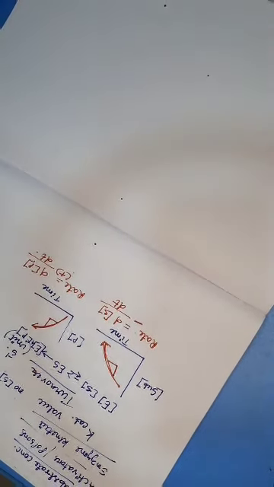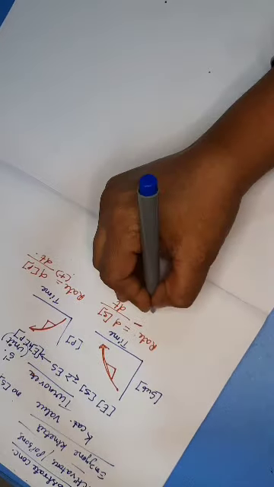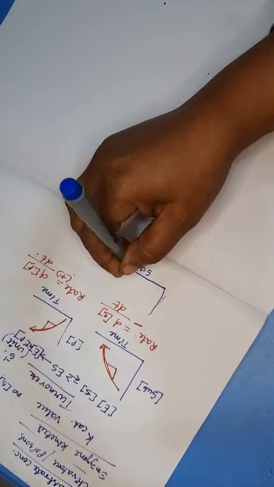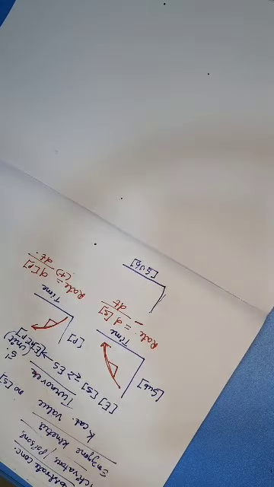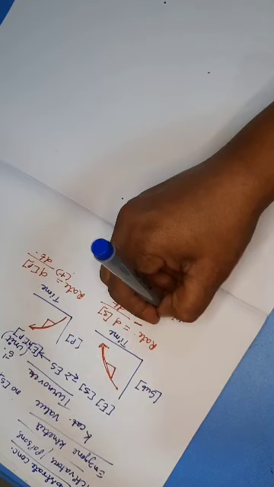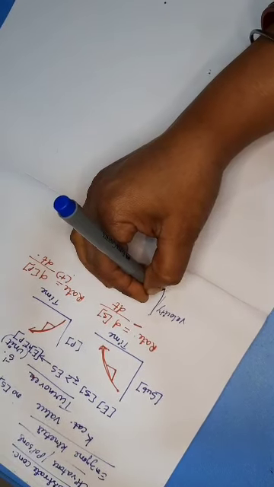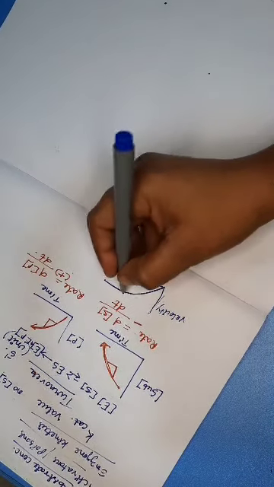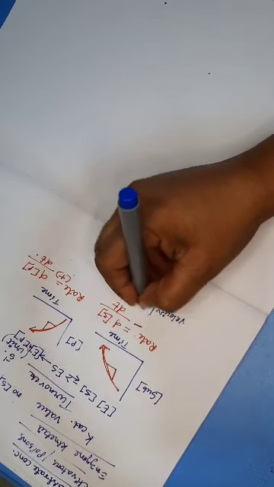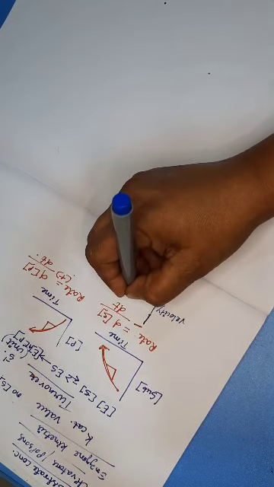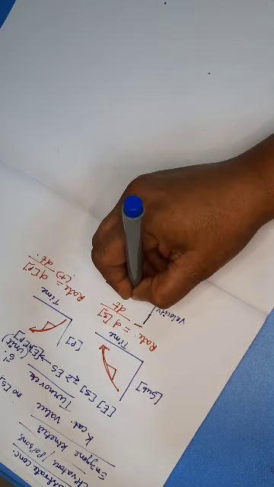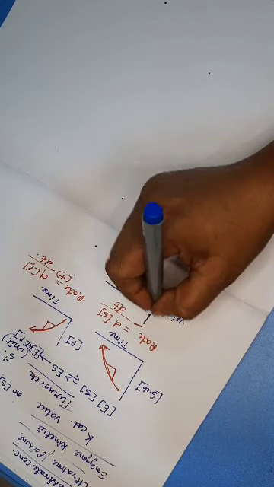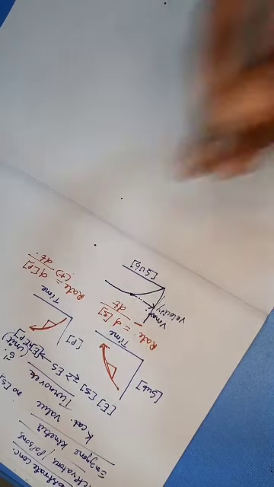So let me draw another graph where I take the substrate concentration on the x-axis and the velocity of the reaction on the y-axis. Initially the rate will be very fast, and after reaching the saturation point it will attain a peak value or a steady value, the saturation point value. So at this point the graph starts bending. If I extrapolate it backwards, the area where it touches the y-axis will be V max, or the maximum